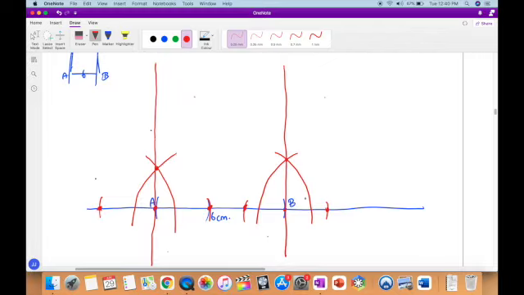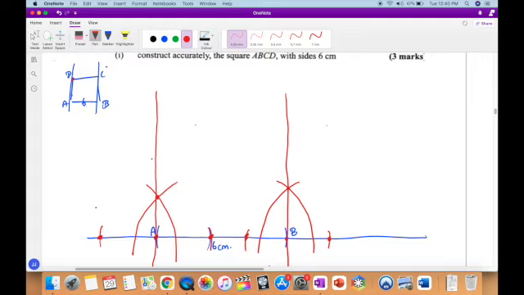So I constructed my two sides, and now it's just to actually find the points D and C. We know that these sides are 6 centimeters. So what I will do is start from the point A, open my compass to 6 centimeters, and then cut an arc there, and I know that's the point D. I will come over here at the point B, and with the same 6 centimeters cut that arc there, and that gives me the point C. And now I can join the points D and C, right? And I will have my square here, and this is a square where all of the sides are 6